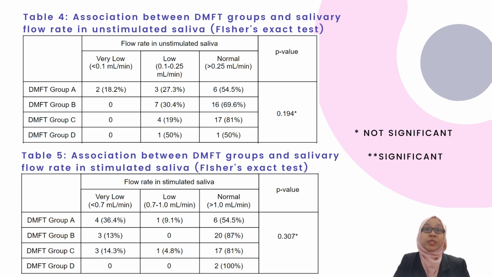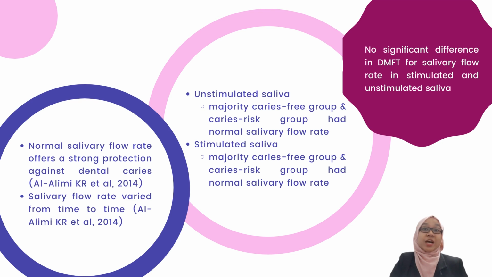The association between the DMFT groups and salivary flow rate shown in Table 4 and 5 were also evaluated with Fisher's exact tests, where all the tests showed p-values higher than 0.05, showing no significant association between those two. With regards to the salivary flow rate in unstimulated and stimulated saliva, the majority of the caries-free group had normal salivary flow rate. As supported by Al-Alimi et al. in 2014,